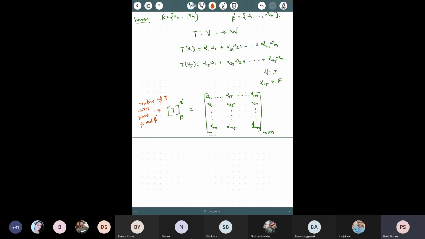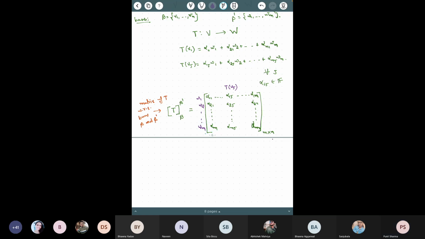Okay. So you can also remember it in this way. In each column, the columns of these are the coordinates of T of Vj with respect to the basis B dash. So if you multiply this column vector with W1, W2 and so on up to Wm, that means you multiply W1 with alpha 1 1, then W2 with alpha 2 1, and so on up to Wm with alpha m1,